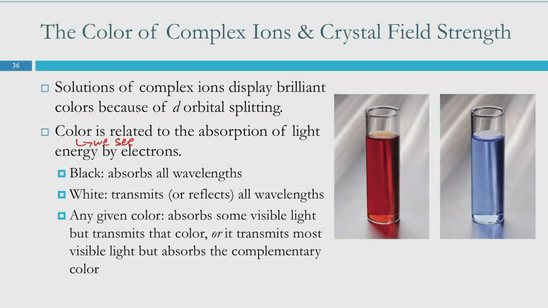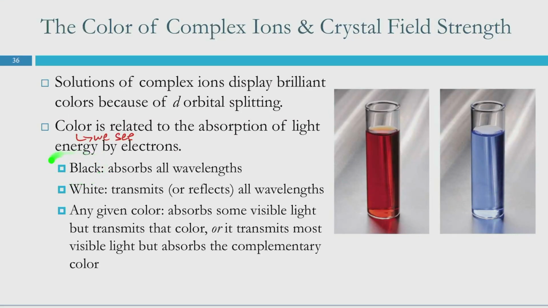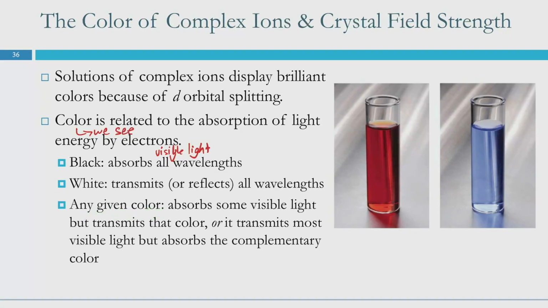Reminder of how color works: a black color means that it absorbs all visible light wavelengths. White, on the other hand, transmits or reflects all wavelengths, so nothing in the visible spectrum is being captured, or most of it isn't. And then for any other color,